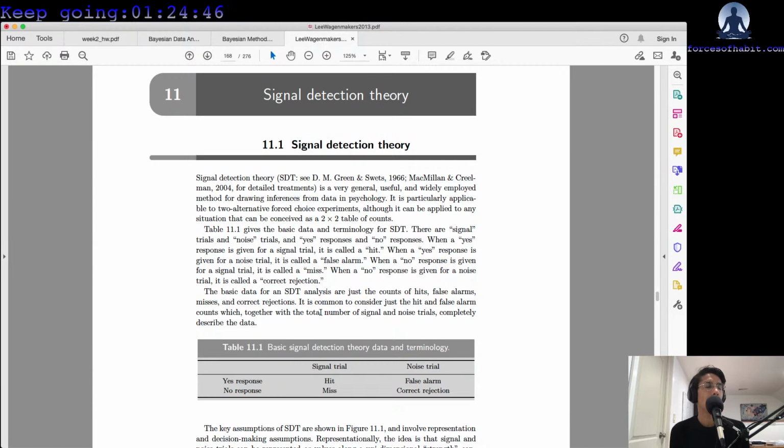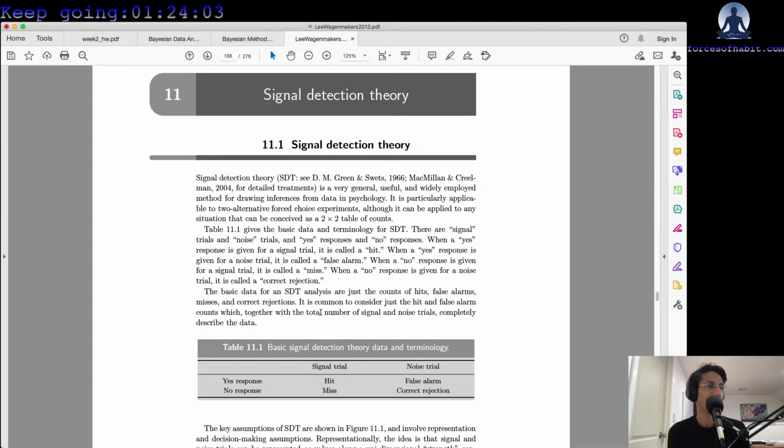So the thing about it is the sorts of data that you get from doing designs that would be appropriate to test signal detection theory also could be appropriate to test drift diffusion models or to test other evidence accumulation based models. And those models are currently, in my understanding, a little more powerful, but I'm not an expert yet, but I will be. So look forward to that. Anyways,